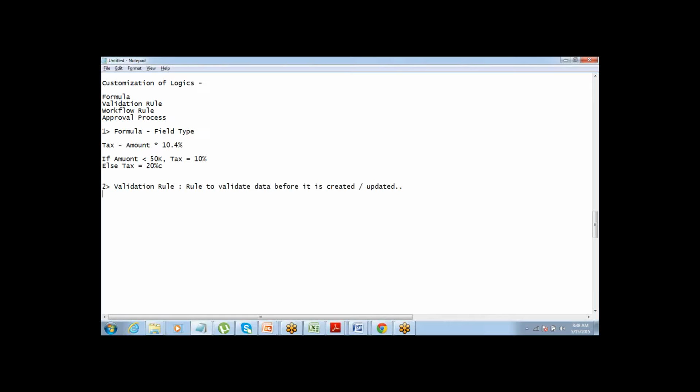All right. So it can be as simple as, let's say for contact, I want to define a rule that email ID should not be blank. So that sort of thing. If it finds that email ID is blank, it will throw you an error. Or it can be something like amount cannot be more than 1 million. If it finds that someone has entered an amount which is more than 1 million, it will throw an error. All right. It can be like project start date and expected end date cannot be same. So that way, it's a rule.